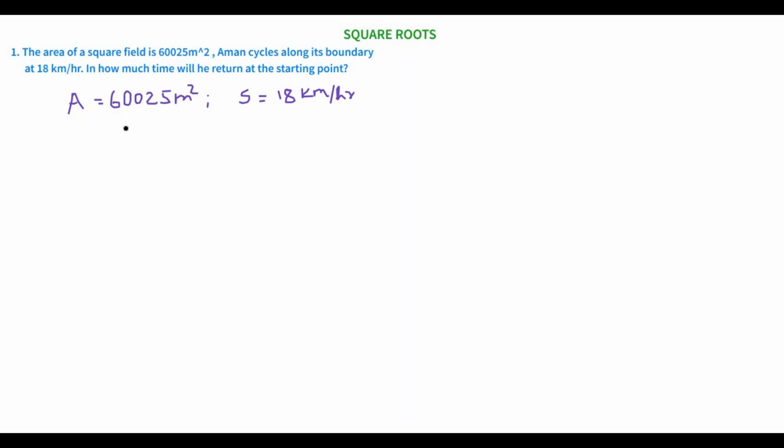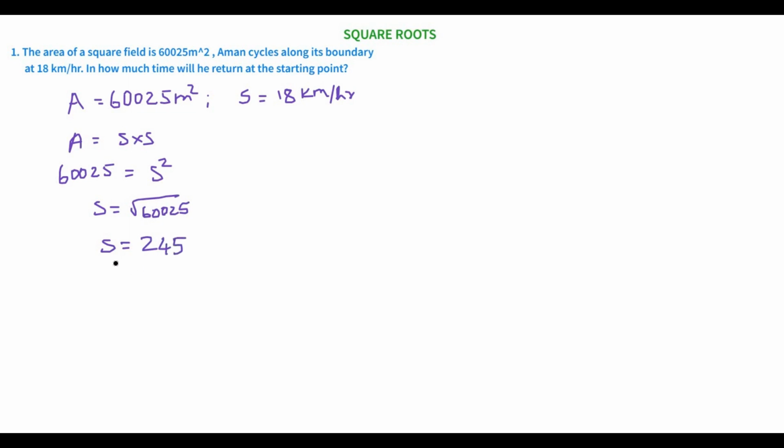So now first let's see the first part which is given to us, which is area. So the area of a square is side times side. Now we know the area is 60,025 equals side square. So S equals square root of 60,025. So the square root of 60,025 is